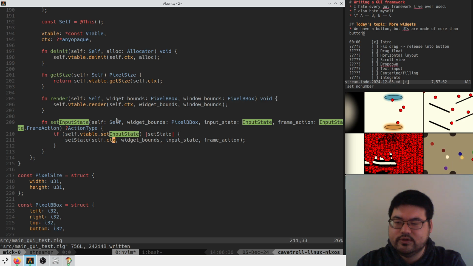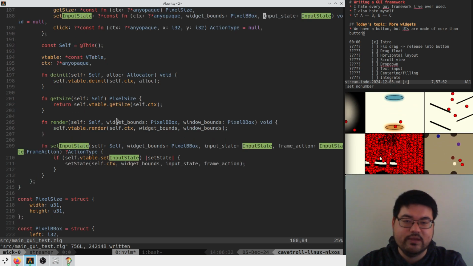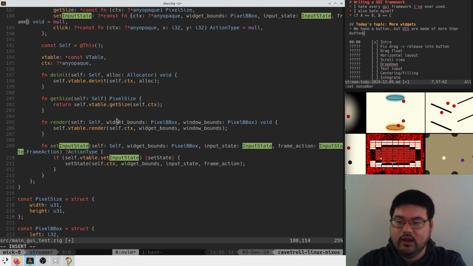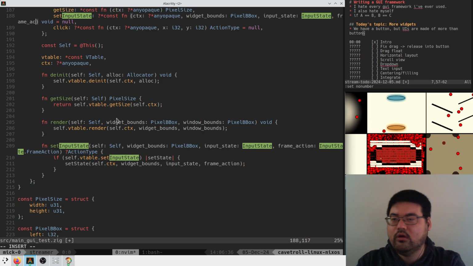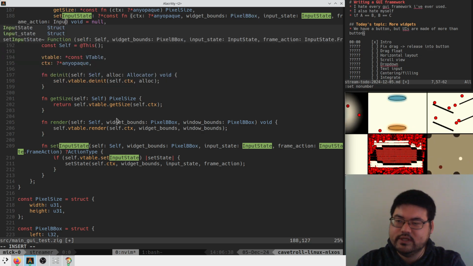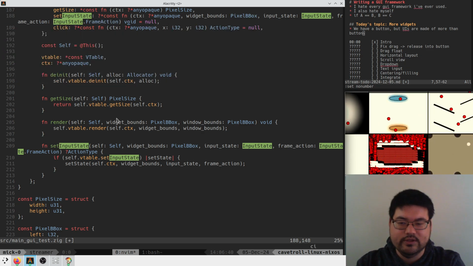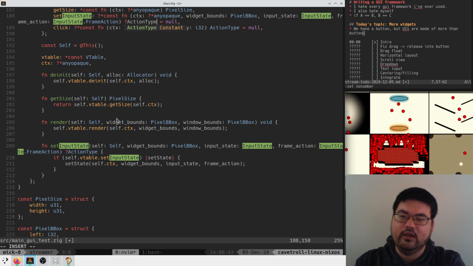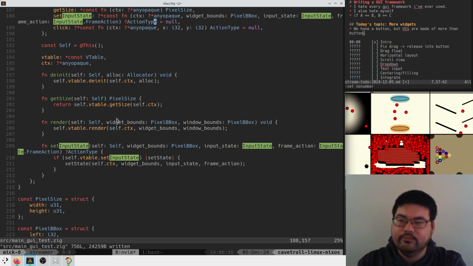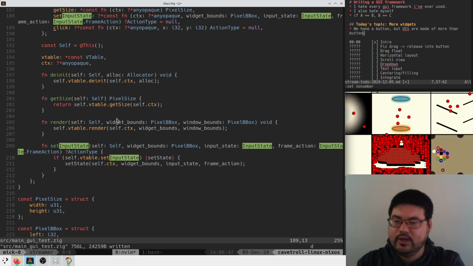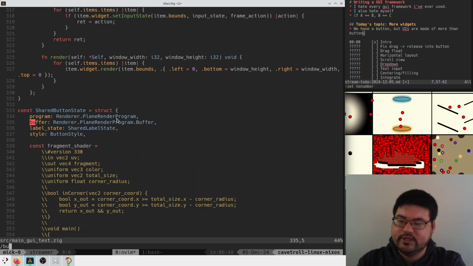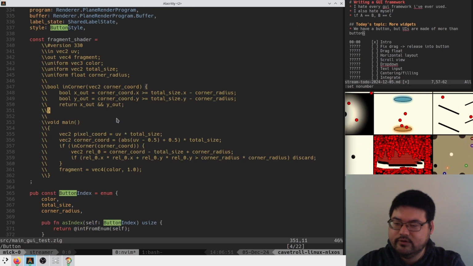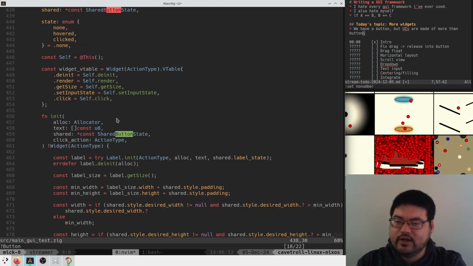So now this needs the same thing attached, frame action here. Input state frame action, boom. And this returns a potential thing for us to do. Click goes away, which means the button that we currently implement, wherever that is,